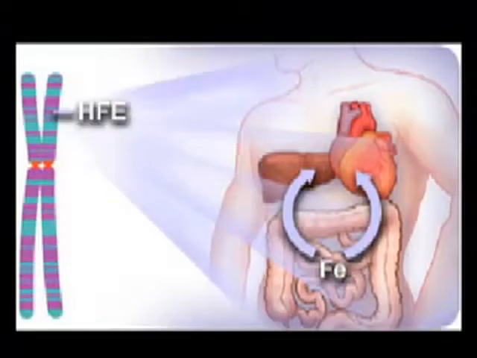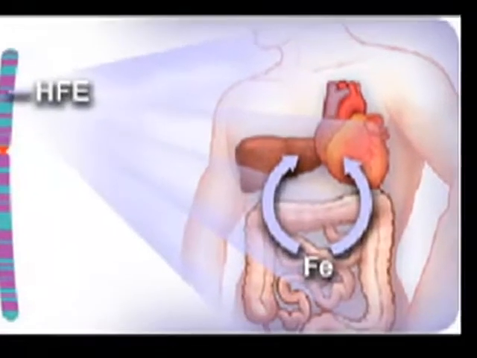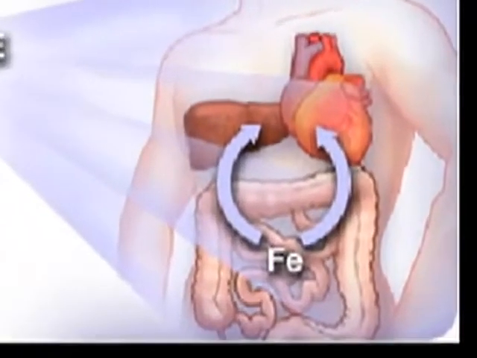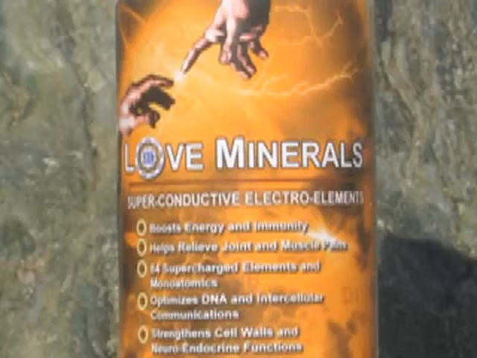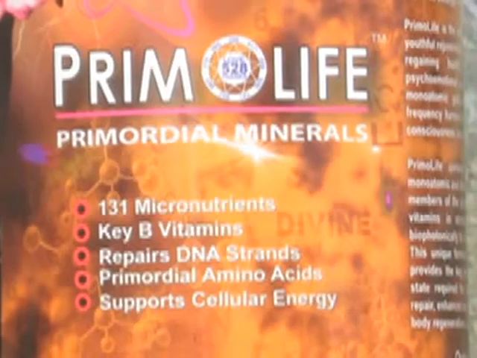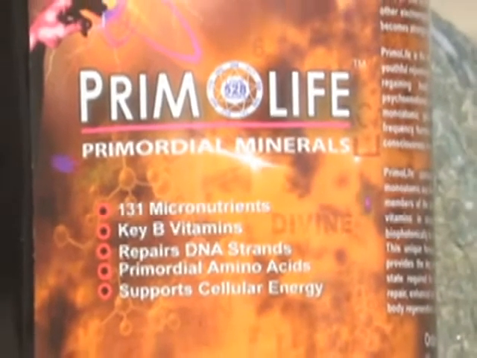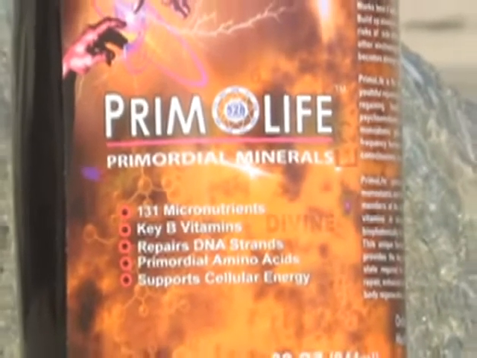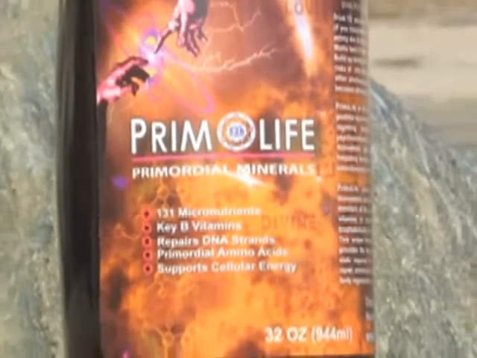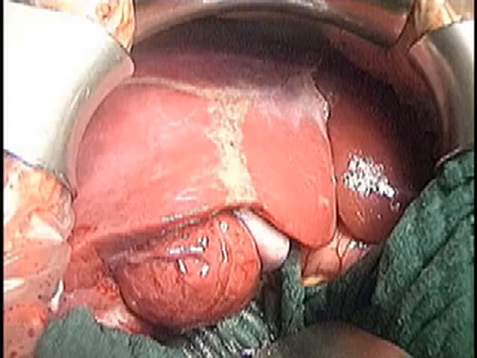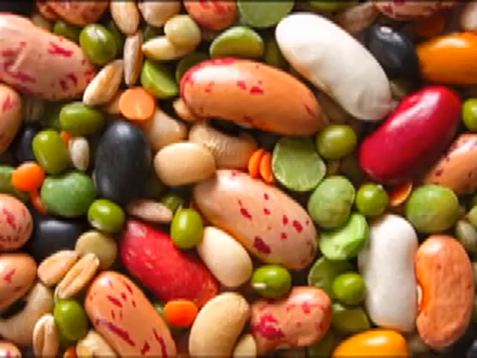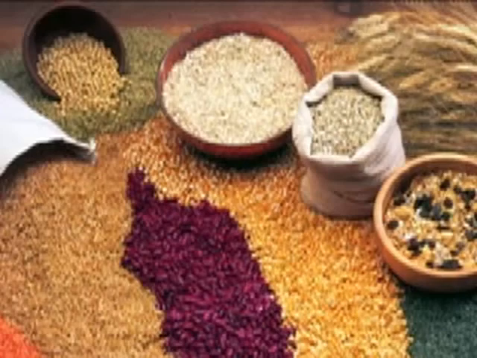But if you have the uncommon genetic disease called hemochromatosis, then iron supplements could cause a hazardous iron buildup in your body. But this is not the case if you're taking Love Minerals or Primolife, because these supplements supply iron in normal nutritional amounts. Natural nutritional sources of iron include liver, red meat, egg yolk, legumes, whole and enriched grains,